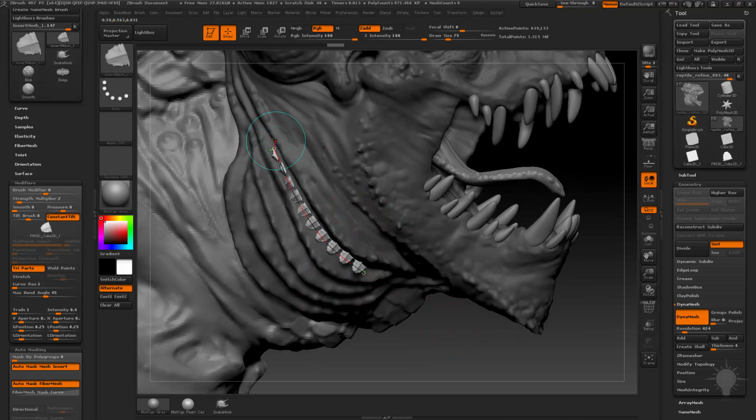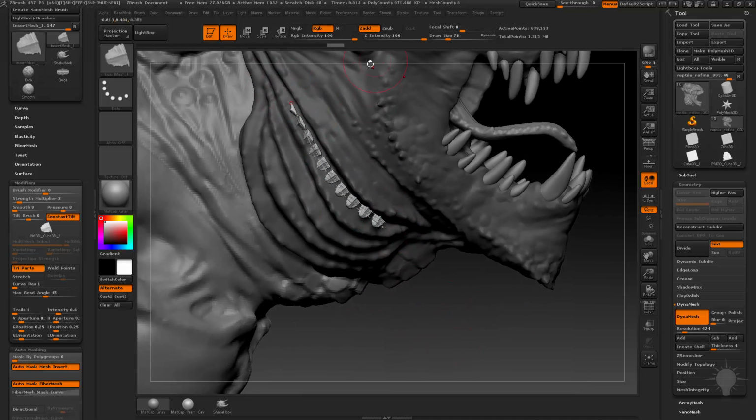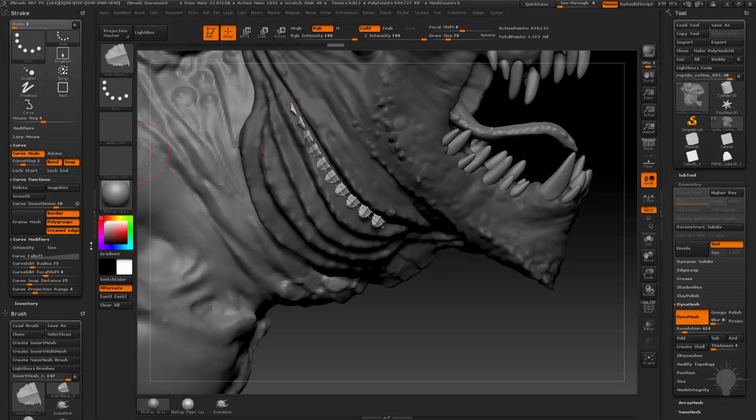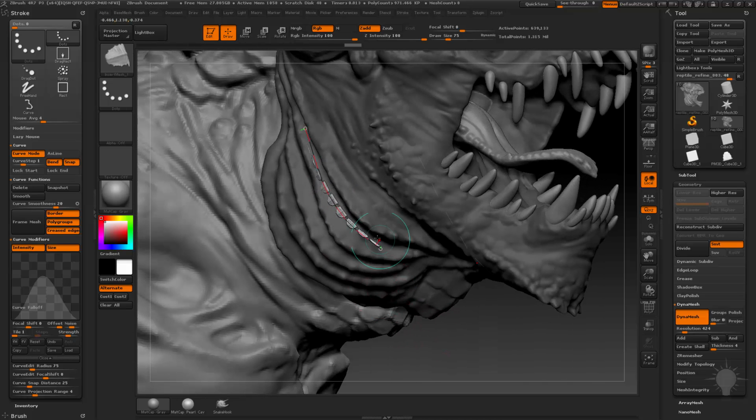Now I also wanted to taper at the start and the end, so it goes from small to big to small. So I need to go to my stroke menu that I dragged over here, and I'm going to turn on intensity and size, and my curve falloff. I'm going to go to small to big to small. Tap my curve to update it, and now it goes super small, super thin to big to small. I don't need it to go to a point, so I'm going to drag this up and drag this up. There we go. So now it goes from smaller